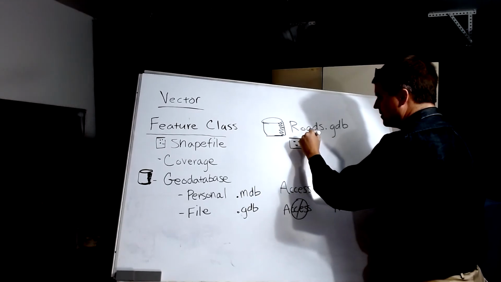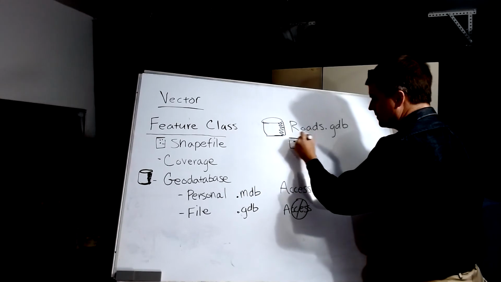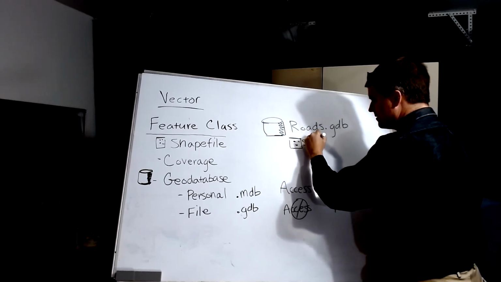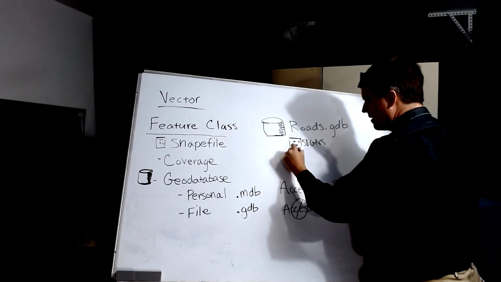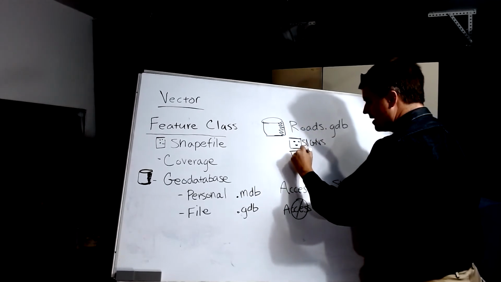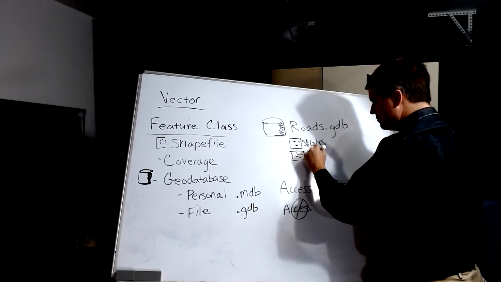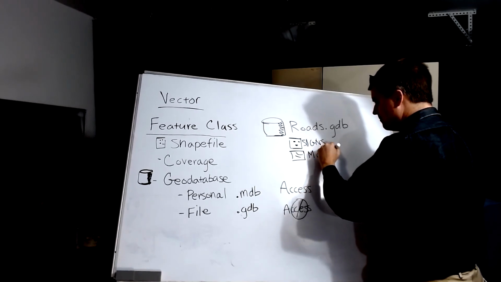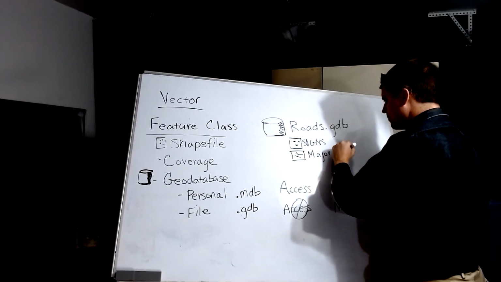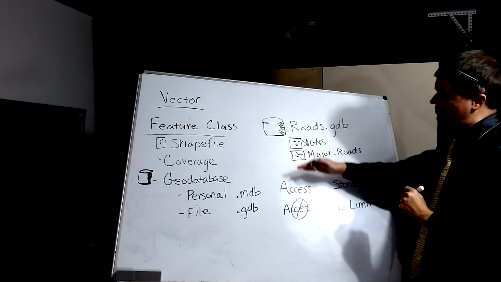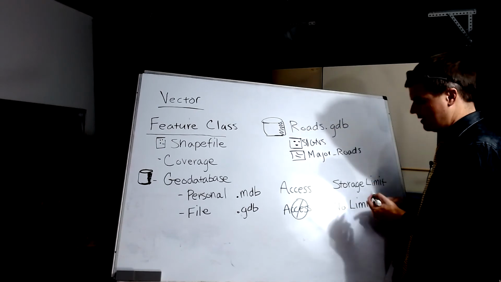And say this was like street signs or something like that. And then we might have one that has lines, you know, main roads, major roads. And so forth. So you can stack a bunch of feature classes inside this geodatabase, and that actually gives you